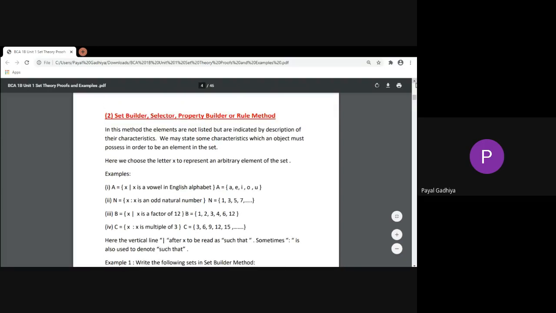Okay, so this completes your session. I just want from you one example of tabular method and one example of set builder method. So you will give name A to first method and B to second method. You have to give any example of two sets. First will be of tabular method, second will be of set builder method. So first should contain elements, second one should contain characteristic. Quickly give two sets.